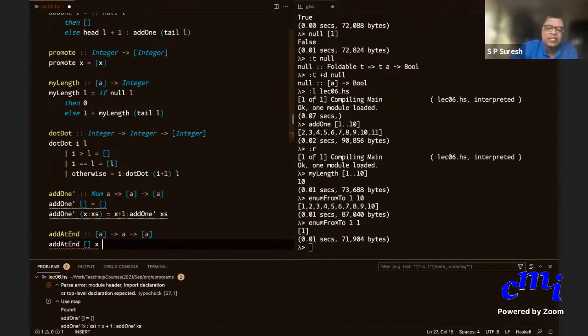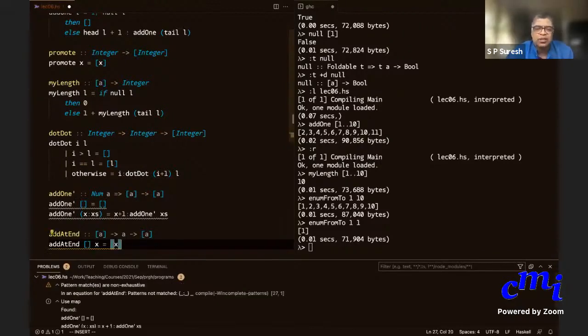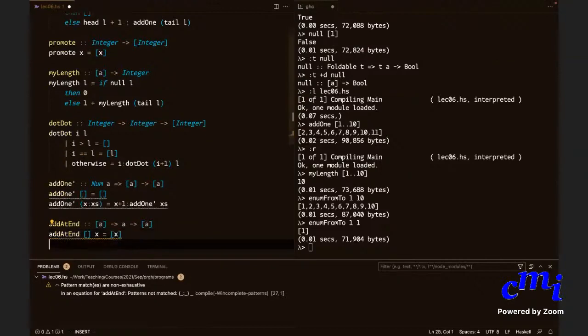Yeah, if it is a null list and then x, then what do you do? You want to add the element to the end of all the elements in the list. How many elements are there in the list? There are no existing elements. So if you add x to the end, where will it end up? It will end up at the front, at the head, right? If you have no elements at all and you want to add it to the end of the existing list, then you will just end up with a singleton list, right? Yes. Okay.